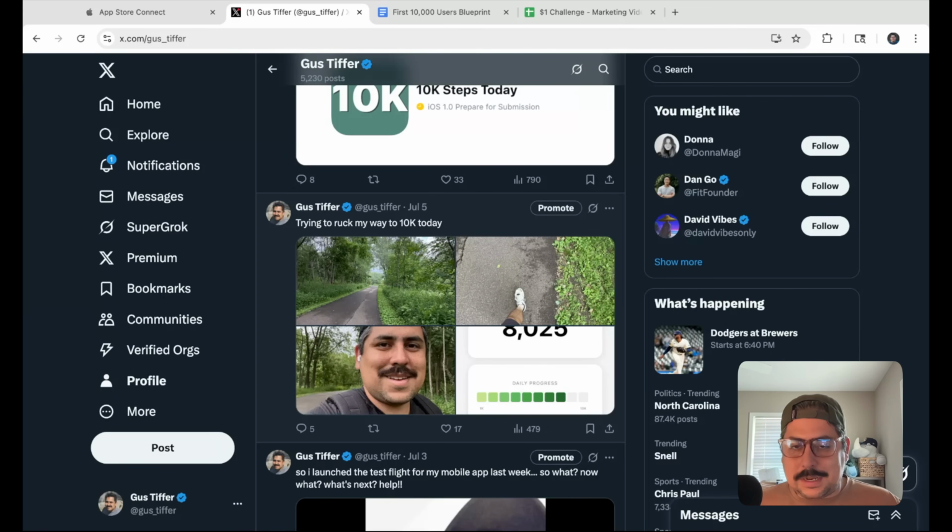So the route I'm going to take is to try and use Reddit. Reddit seems to be, at least in the Twitter sphere, the indie hacker sphere, and I'm not an indie hacker, but in that world, Reddit seems to be a popular place to try and get users. And so that's what I'm going to try and do today.